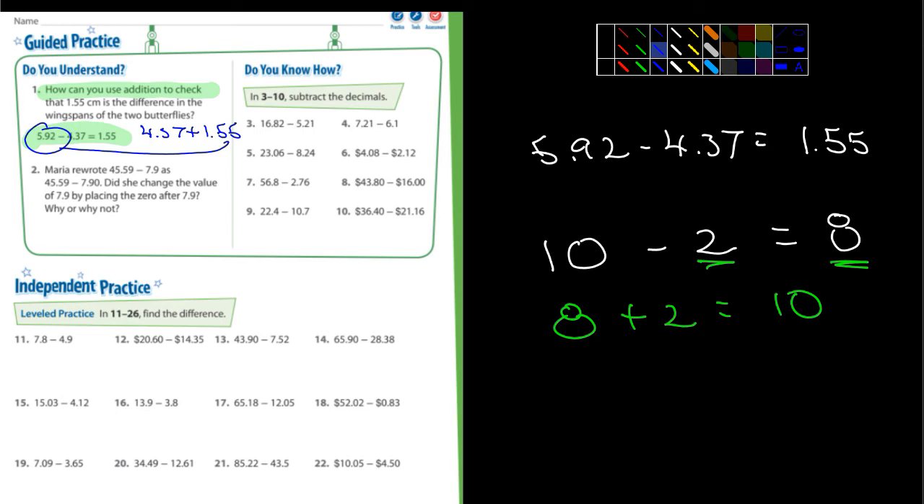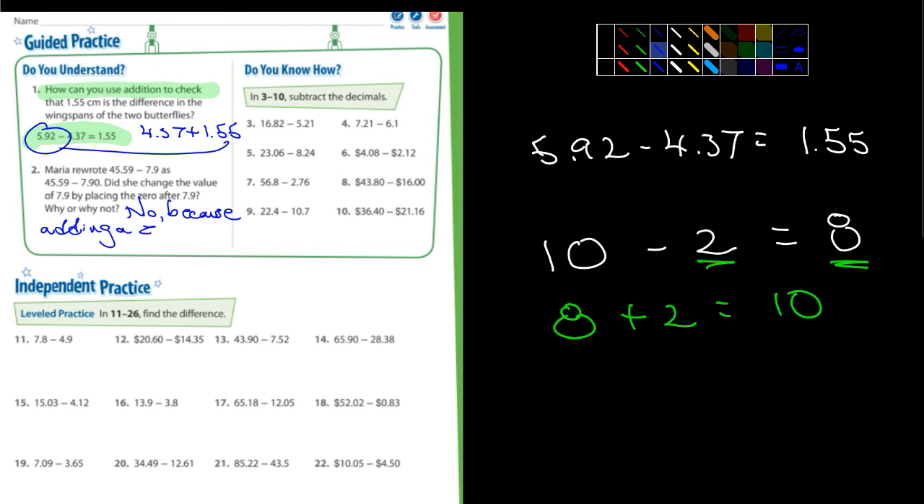Thank you. All right. Number 2, it says Maria rewrote 45.59 minus 7.9 as 45.59 subtracting 7.90. So she added a 0. It says, did she change the value of 7.9 by placing a 0 after the 0.9? No. Good. Most of you recognize that. The answer is no. And because adding